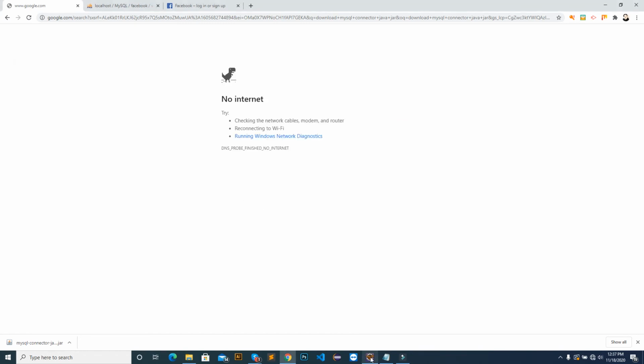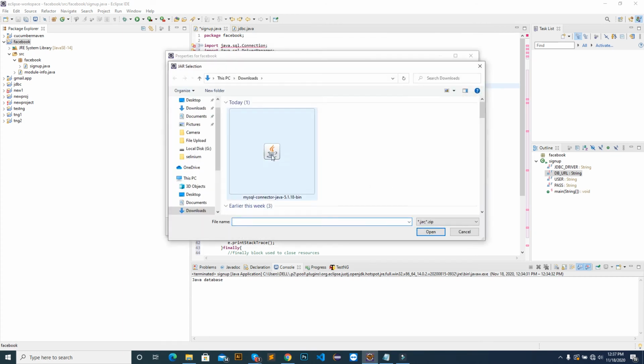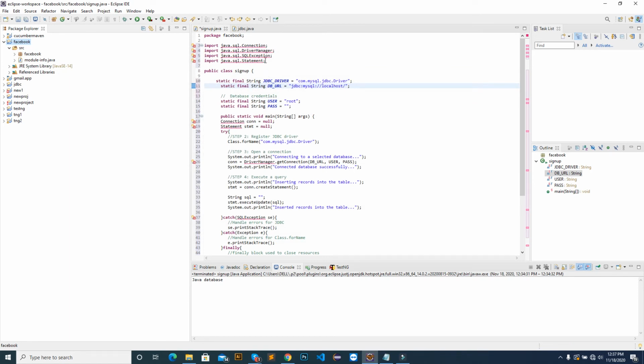This is the MySQL connector, and I open add external jar, and I go here and open it. Okay, and apply and close. Now you see this has been added, and these errors, if I save it, so create class connection package and Java.